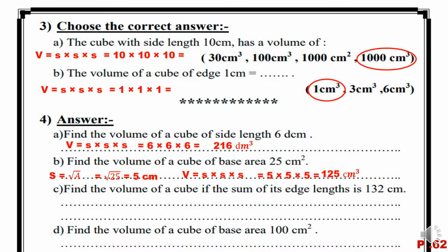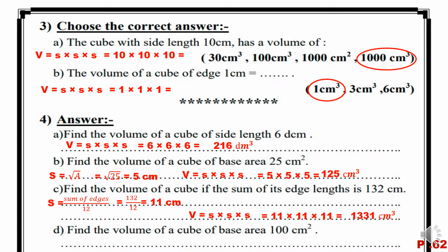So to get the side from the sum of edges, the side equals the sum of edges over 12. The sum of edges here is 132, so 132 over 12 equals 11 centimeters. So the side is equal to 11 centimeters. To get the volume, it's equal to side times side times side, which equals 11 times 11 times 11, equal to 1,331